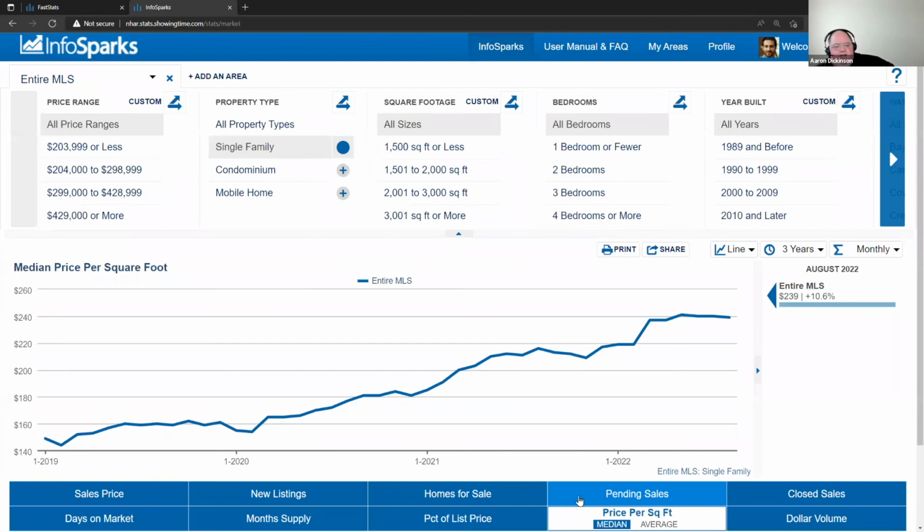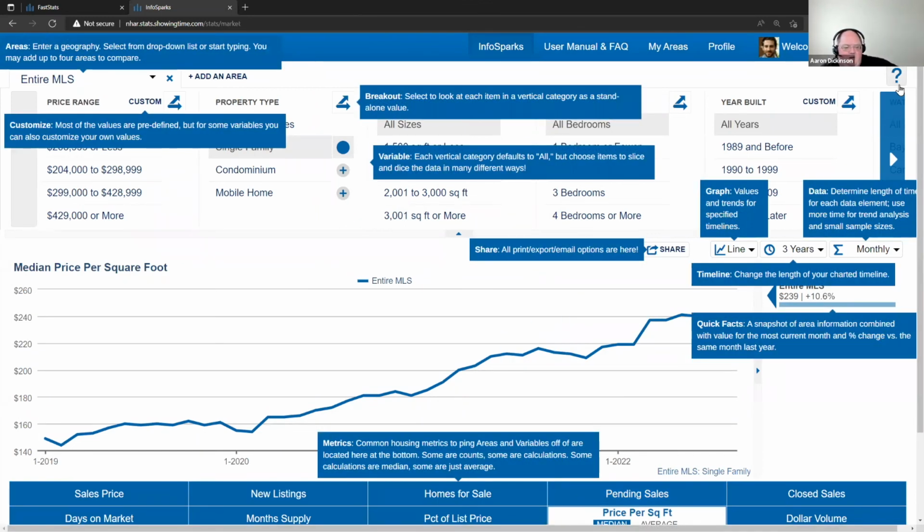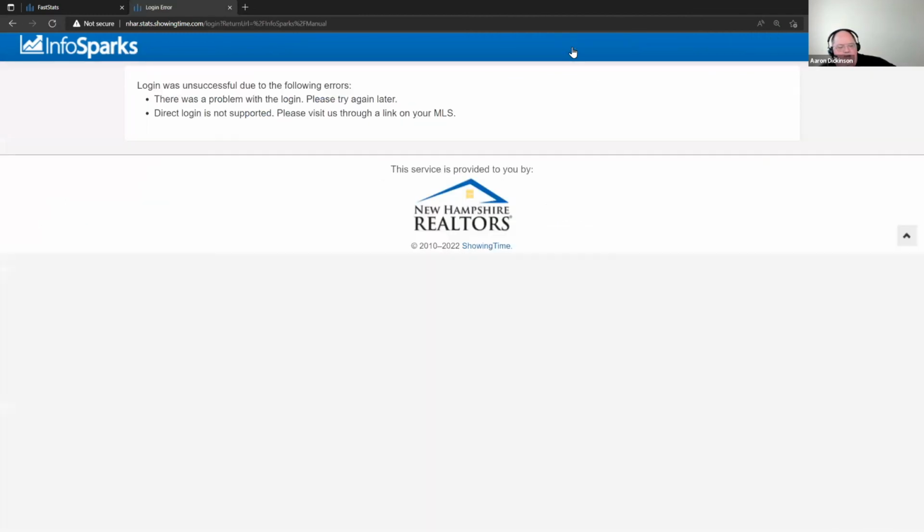Now, if you have questions on how to use InfoSparks, we have a little tool tip button here that, when you click on that question mark, it'll give you a little box with some text explaining what each of the buttons does. You can also click on this user manual and FAQ,